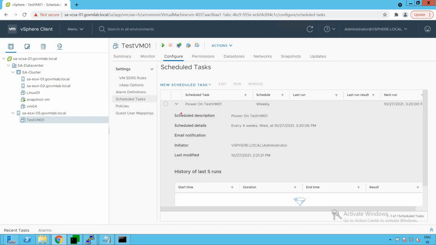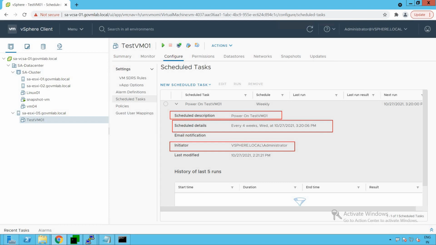Now, if you want to get more information about it, click on this browse option and it again gives very descriptive information about this task: the scheduled operation, scheduled details, email notification, and who the initiator is, who has initiated this particular task.